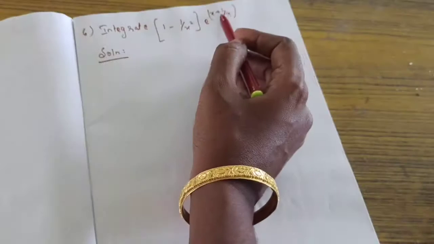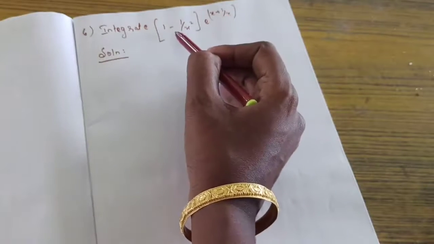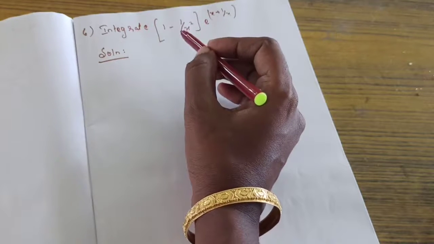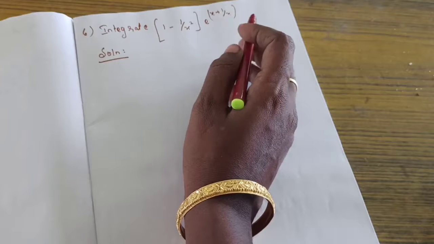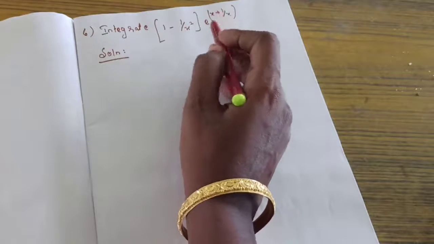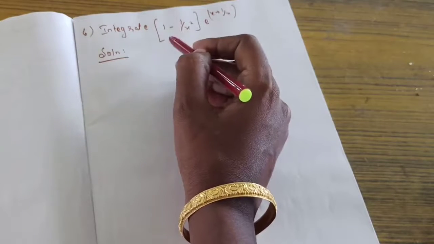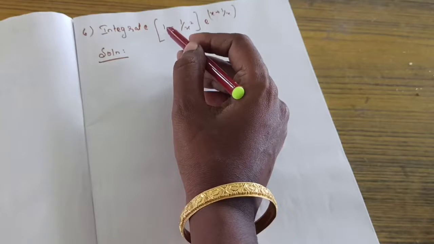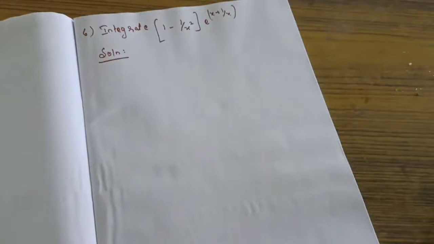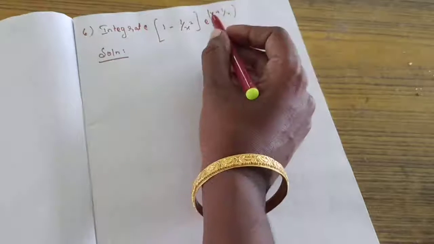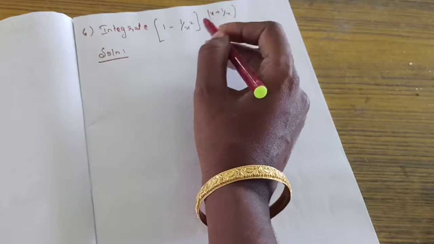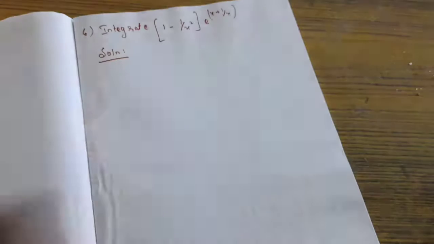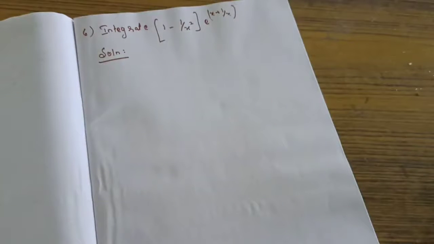Okay. If you are differentiating this one, you will get this value. So when you are writing, you can write like this. That is differentiation of x plus 1 by x. This is differentiation of x plus 1 by x is 1 minus 1 by x square. If you need, you can check it. Okay. So the differentiation of x is 1. Is it right? Minus 1 by x for differentiation is x square. So the differentiation of x plus 1 by x is 1 minus 1 by x square.